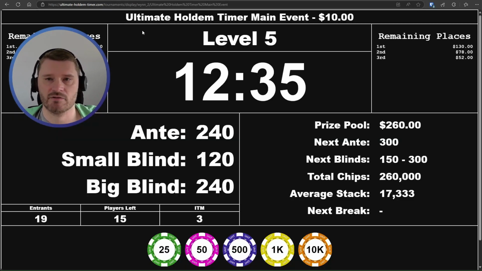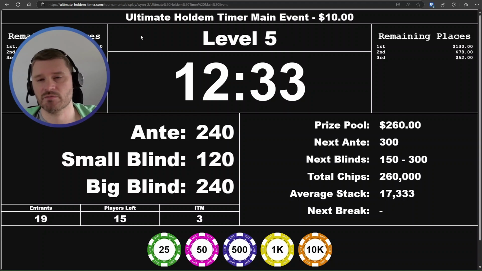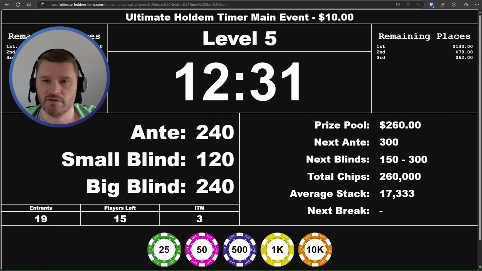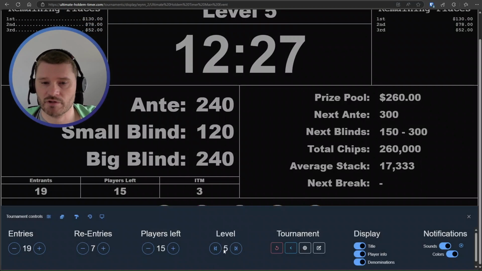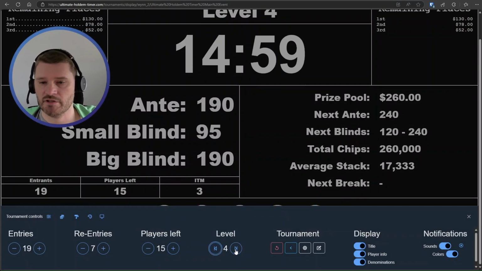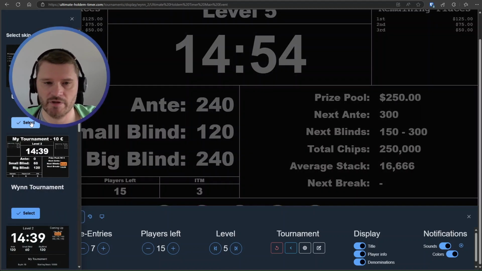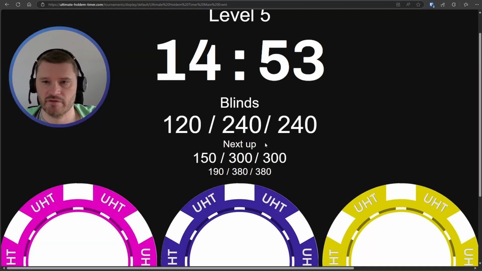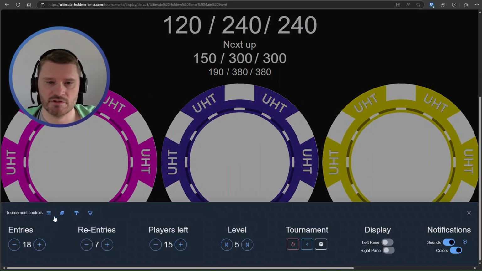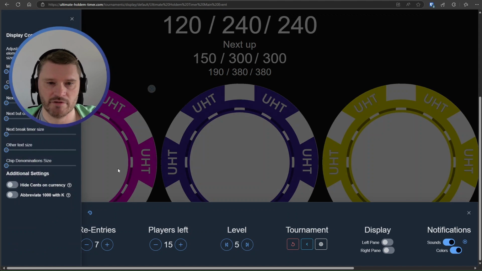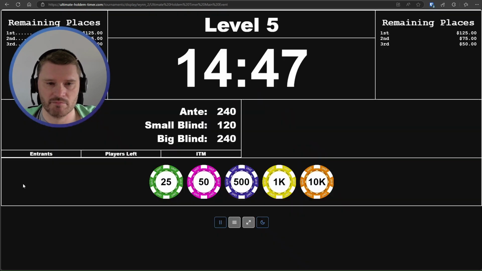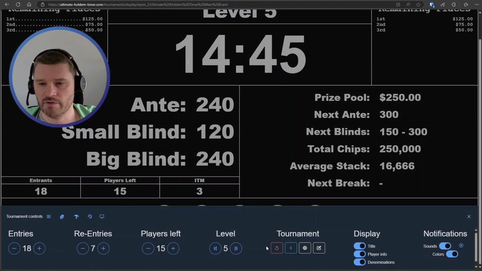I go back to my Ultimate Hold'em Timer tab, and as you can see, the tournament continues running as if nothing had happened. And of course, you can still switch levels, insert players, enter re-entries. You can even go ahead and switch the design, which is misconfigured here, but I think you get the point. I'll switch quickly back here. You can even go ahead and